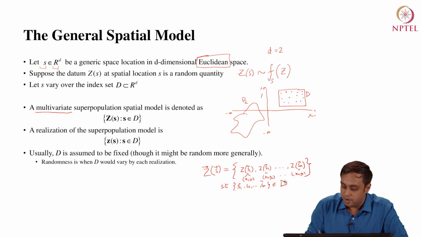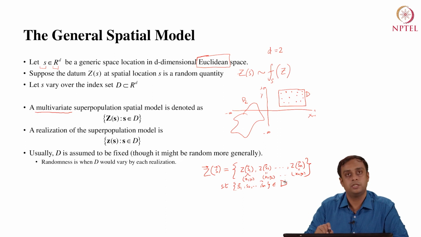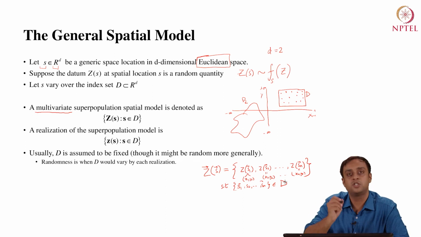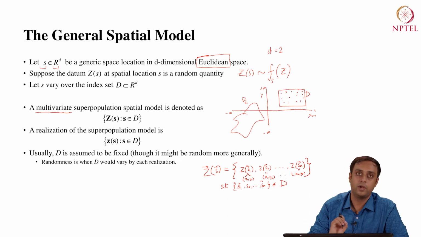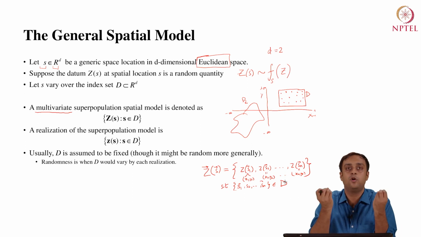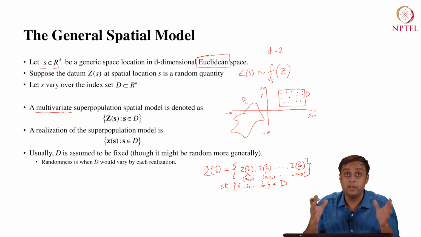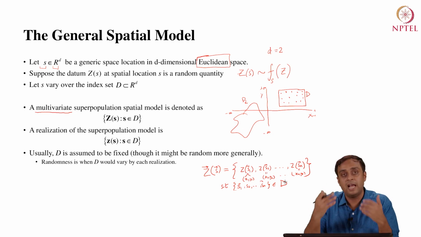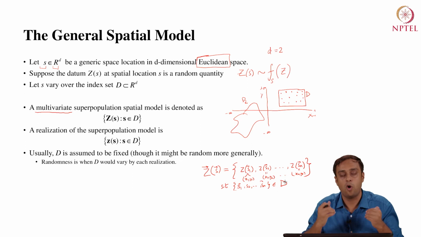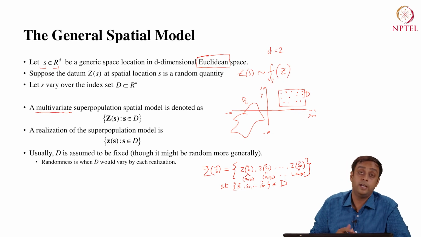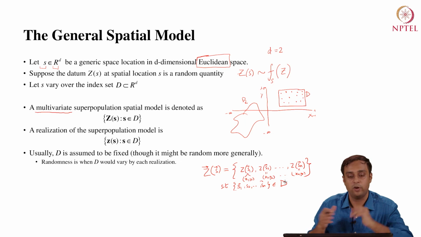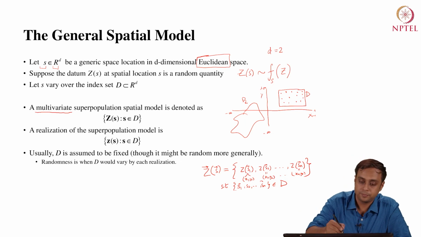And so these are all random variables, and a realization in space is given by small z, right? From capital Z to small z at every location S. So we only get to observe one realization for the entire random variable. We will formally look at what this really means, but a realization in space is given by small z, right? And we are going to assume that D is fixed. It could be random, but that is out of scope for this particular course, right?